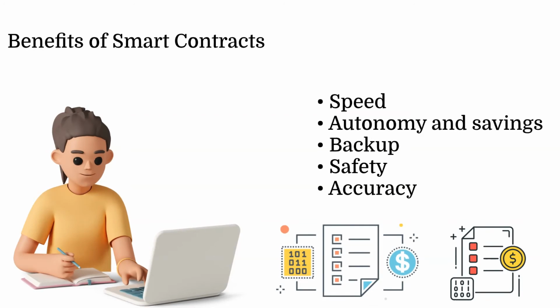Smart contracts also provide backup for important files. All the documents stored on blockchain are duplicated multiple times. This way, originals can be restored in the event of any data loss. Another benefit of smart contracts is safety. Smart contracts are encrypted, and cryptography keeps all the documents safe from infiltration. Smart contracts are very accurate. Using smart contracts results in the elimination of errors that occur due to the manual filling of numerous forms.